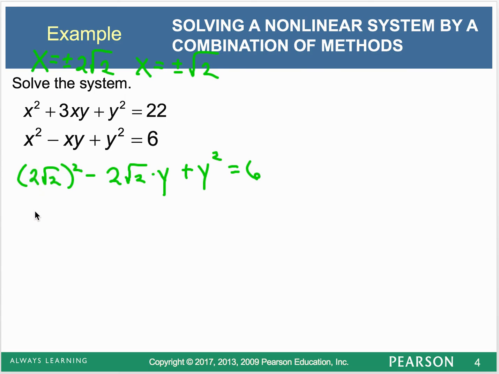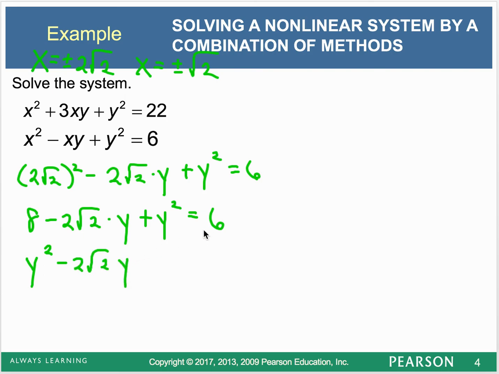So 4 times 2, 8, minus 2 square roots of 2 times y plus y squared equals 6. Okay, so now I'm going to put my y squared over here, y squared minus 2 square roots of 2y. And if I subtract my 6